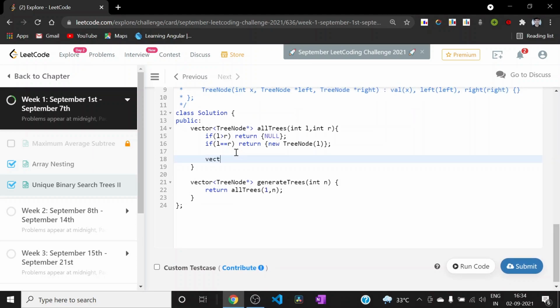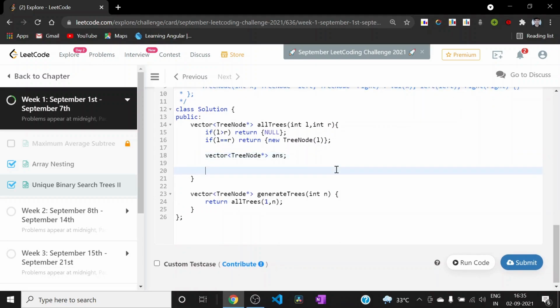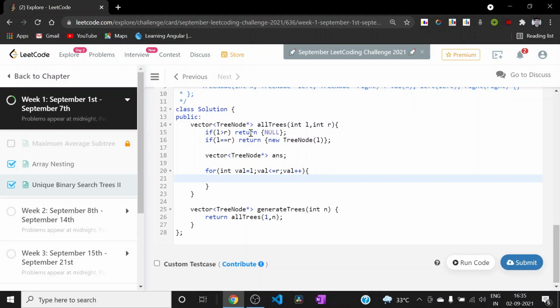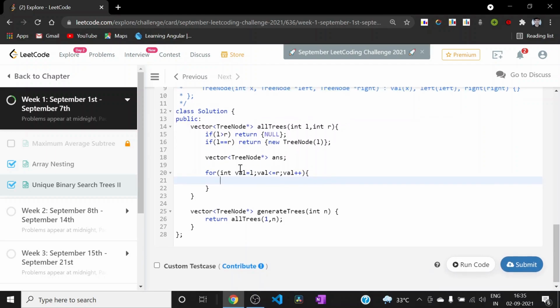First of all, we will be writing a vector for returning the answer of all the trees. I'll be calling it answer, and we need to consider all the possibilities of the root node. So I will be calling it val, which stands for value, and it will be going from l to r, both inclusive. And now we need to find all the possible left subtrees and all the possible right subtrees for a particular val.